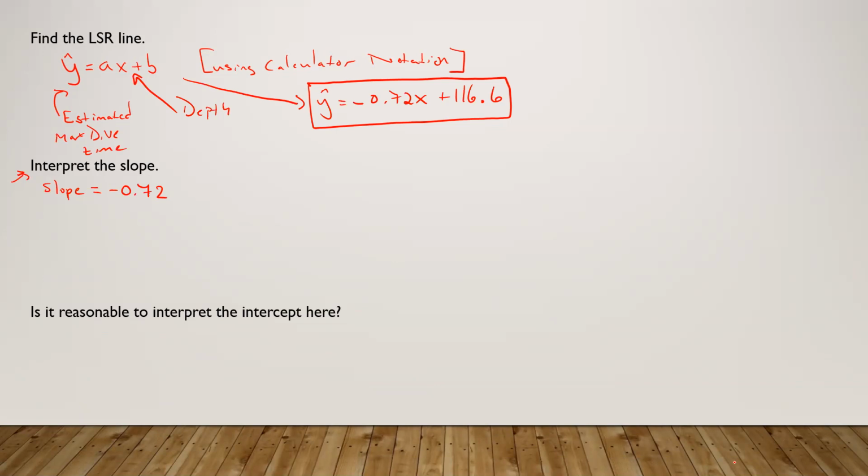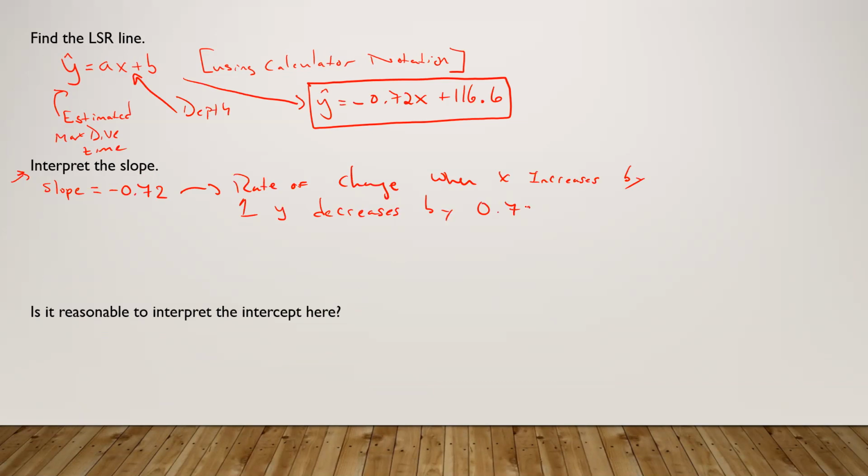The slope you always interpret. So the slope is the rate of change. And so what it says is when x increases by 1, is y going to increase or decrease with the negative slope? Yeah, because it's negative, y decreases